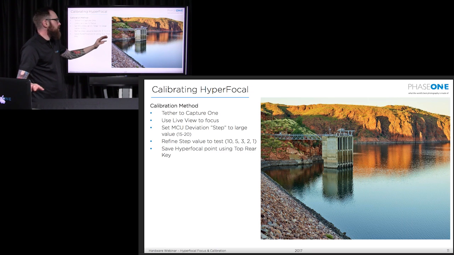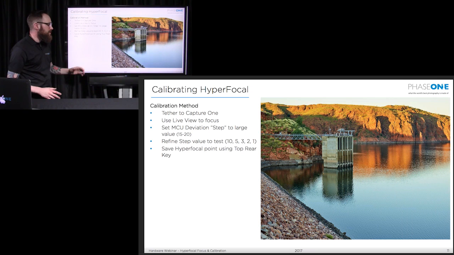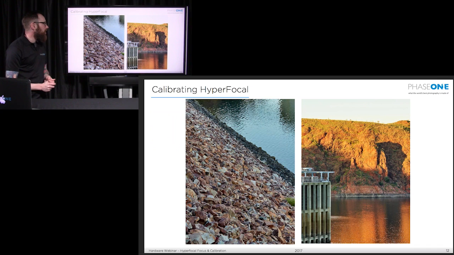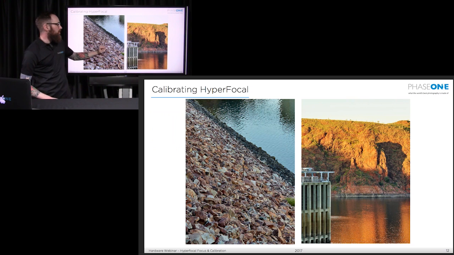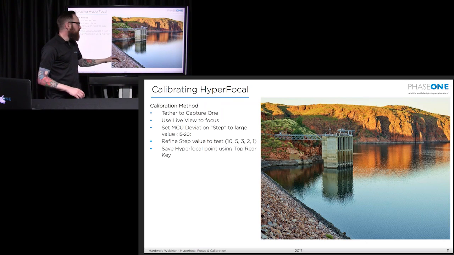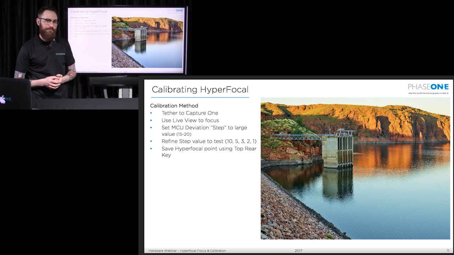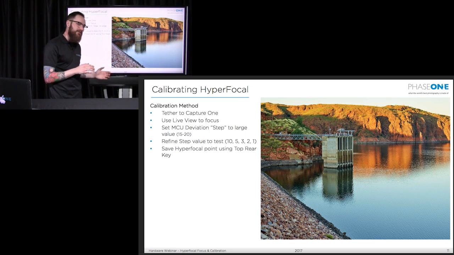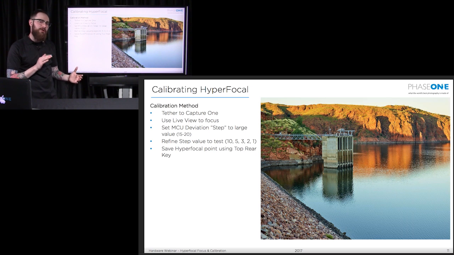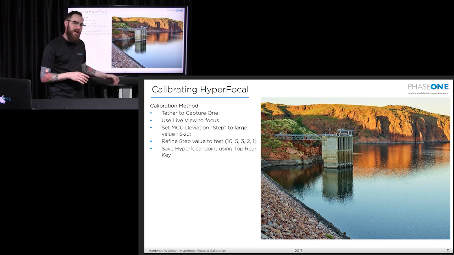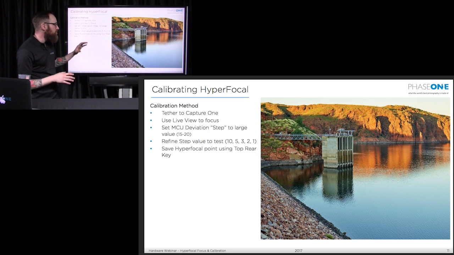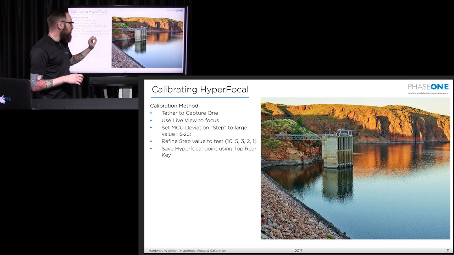So this particular image is shot with an 80mm blue ring lens using proper hyperfocal calibration. And as you can see here in the 100% zoomed in samples, the close focus is perfectly sharp, infinity is perfectly sharp, and the entire image from the very beginning to the very end, perfectly sharp. Now it's cheating a little bit because I didn't have anything within about 2 meters in front of me. So if I did have some tall grass just in front, that would probably be out of focus. But given the subject matter, that's the perfect hyperfocal focus. Getting infinity in focus in all the foreground.